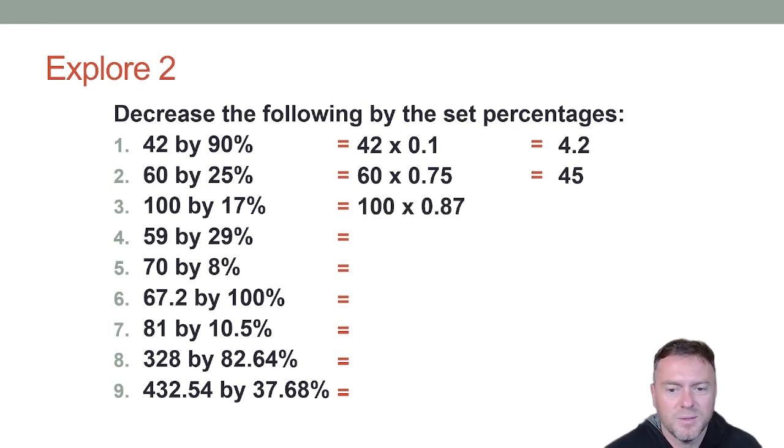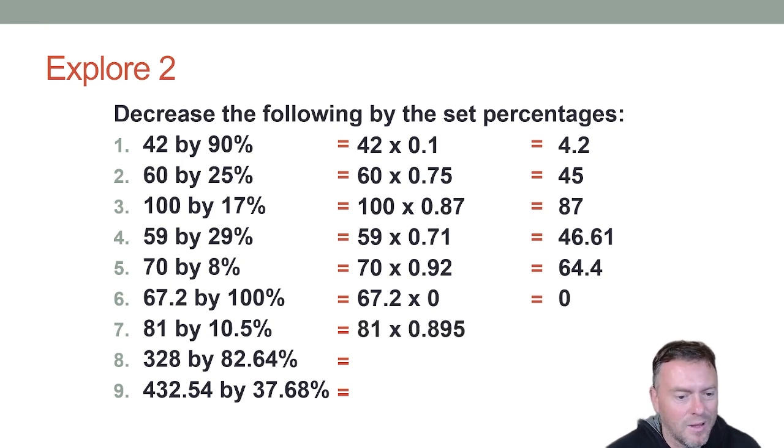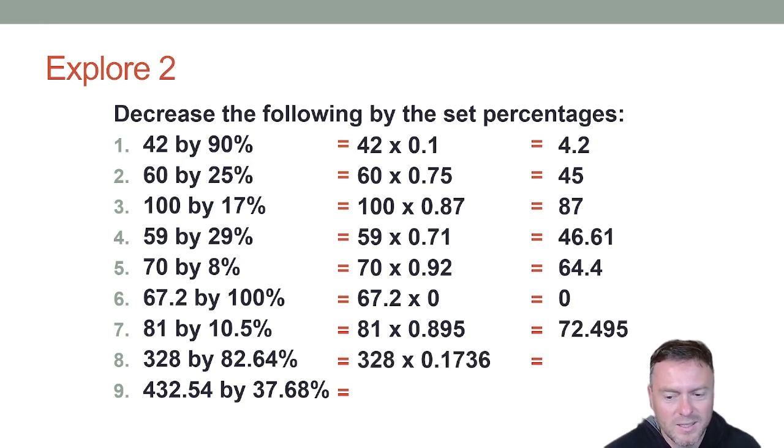100 by 0.87, which gives us 87. 59 times 0.71, which gives us 46.61. 70 times 0.92, which gives us 64.4, 67.2 times 0, because if we're decreasing it by 100%, we're just getting rid of it, so there's nothing left. 81 times 0.895 gives us 72.495, 328 times 0.1736, which gives us